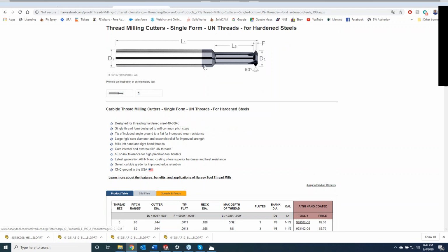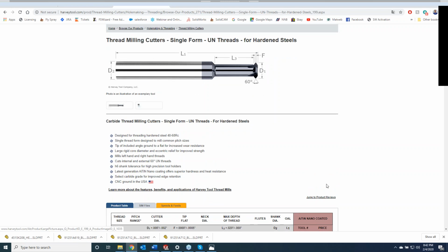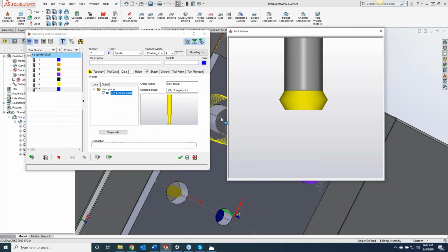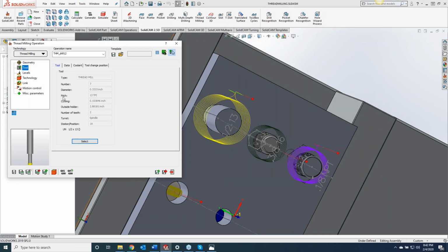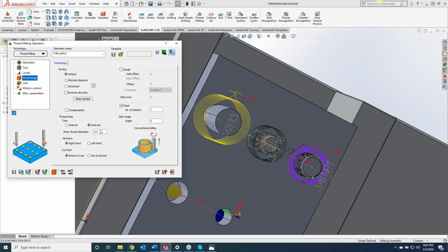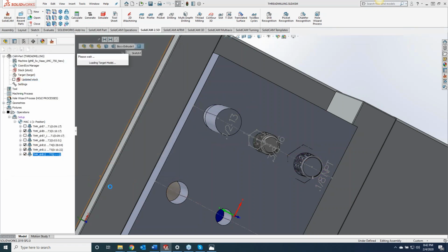But basically what I'm mimicking is this tool right here, going off of the specs off of the Harvey tool side here. So we got our threads, or our shape tool in there. So now we can go ahead and accept that. And our level is still going to be the same, still doing a half 13. But now, if we go ahead and simulate this through,